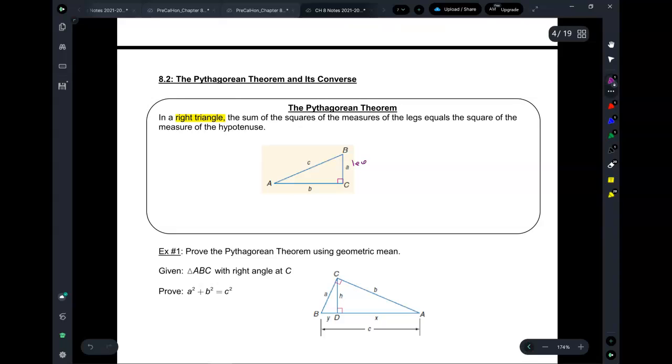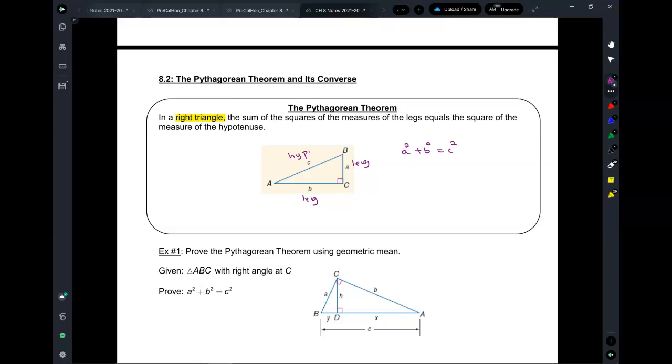So this is a leg, this is a leg, this is the hypotenuse. And how do we know it's the hypotenuse? Because it's opposite to the what? The right angle. Okay, good. It is the longest side. And we know that A squared plus B squared is equal to C squared. Okay, now,